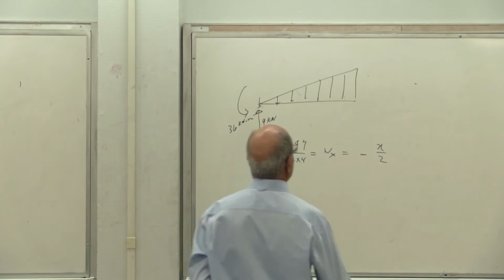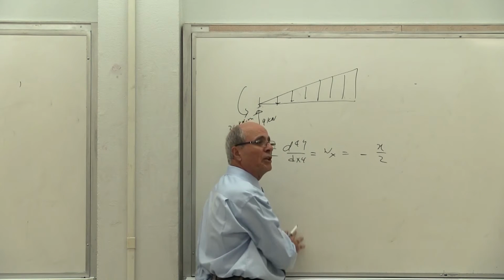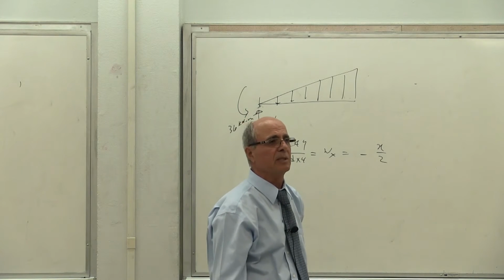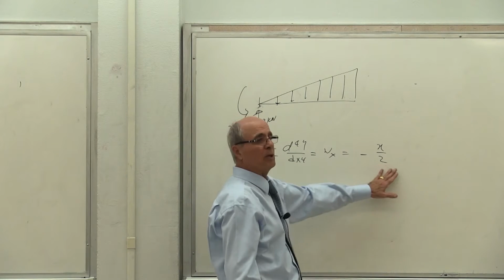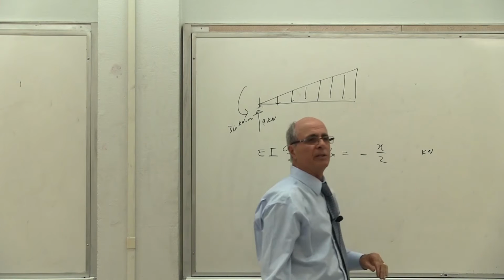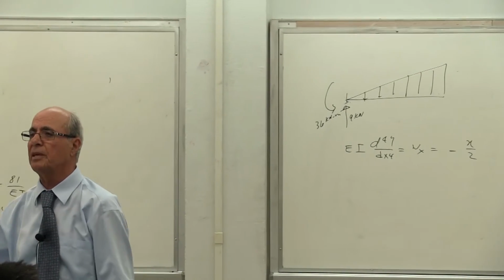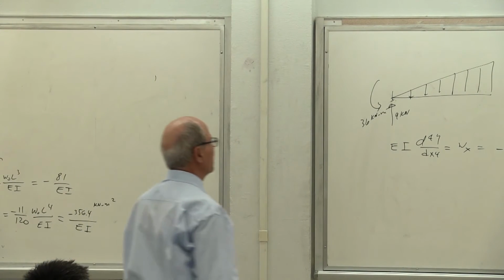Now, what do I do? This is it. But now, look, I need to do 4 integrations. Everybody see what I'm talking about. Now, this is the W function. So what's the unit here? The unit here is kilo. The next one will be shear, so it is totally different. Everybody understand? Now, let's do the integration.